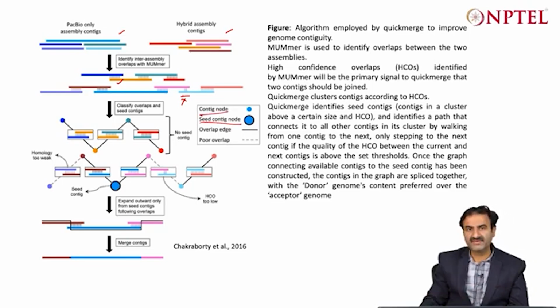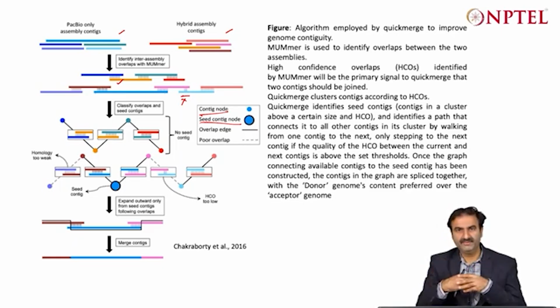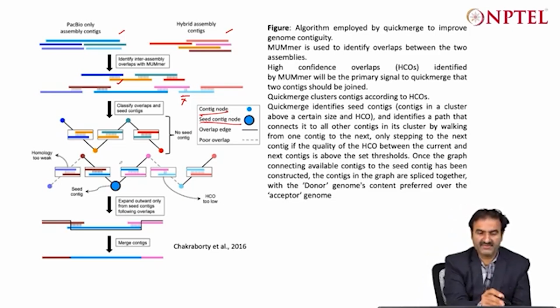The idea is that those contigs that show higher confidence overlap should be connected together, right? Once it finds those contigs and makes the seed contig, in this case you see blue, orange and this are taken here, and in this case maroon and blue. You can see they had a nice overlap, so it connects those, right,